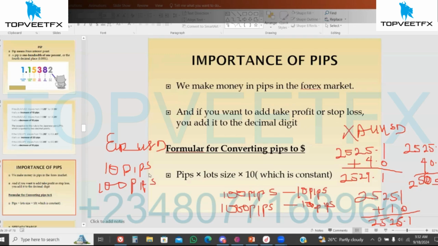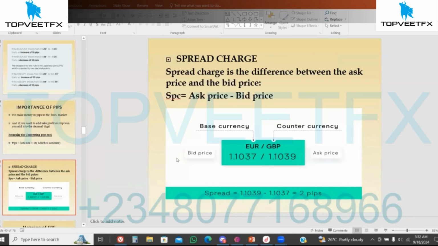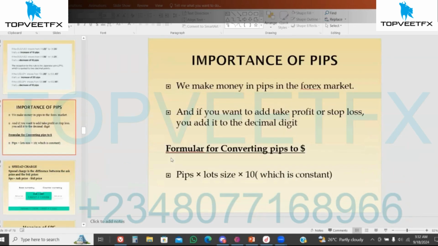So now let's look at something a little bit more interesting in our next class. Before we go, let's look at how to convert our pips to dollars. To convert your pips to dollars, remember we make money in pips in the forex market. Now, let's say, for example, on GBP USD, you want to make a profit of 50 pips,